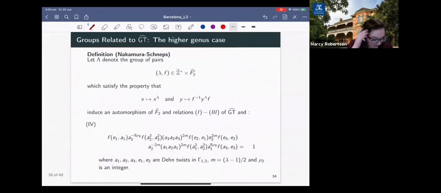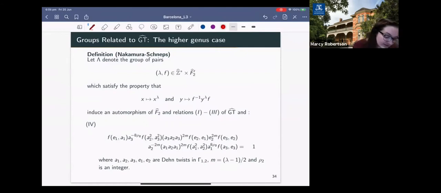So there are groups related to GT that interact with our other groupoids, right? So I didn't go through all that quilting stuff just for fun. Well, I don't know, it's kind of fun. But yeah, that's not it. It wasn't just a hobby. So this is a definition of a group lambda